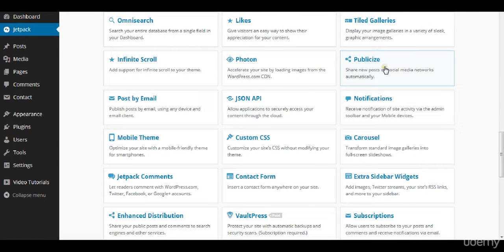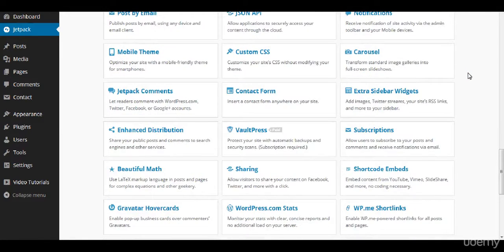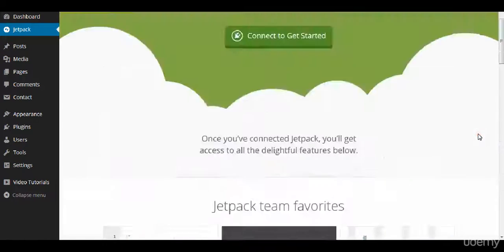Some interesting ones: Publicize. You can share new posts on social media networks automatically. This means that if you post on your website, it could share it on your Facebook page, your Twitter, your LinkedIn, so it automatically does it, and it makes things a little bit easier. There's a wide variety of different things here, subscriptions, so we're going to go over these a little more in a